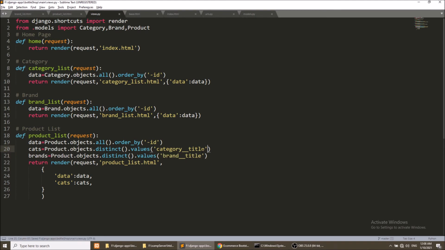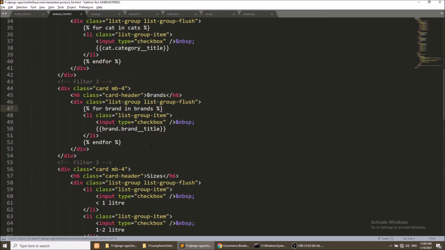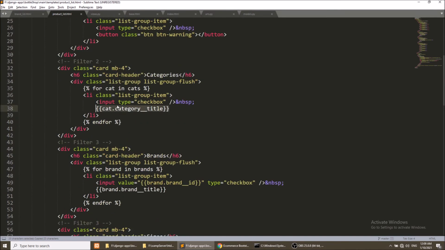Okay, one thing more, we need also category id, because we want to pass the value in the checkbox. So in the product list.html we need to pass this value, so we will pass here brand id, and similarly we will do this for category.